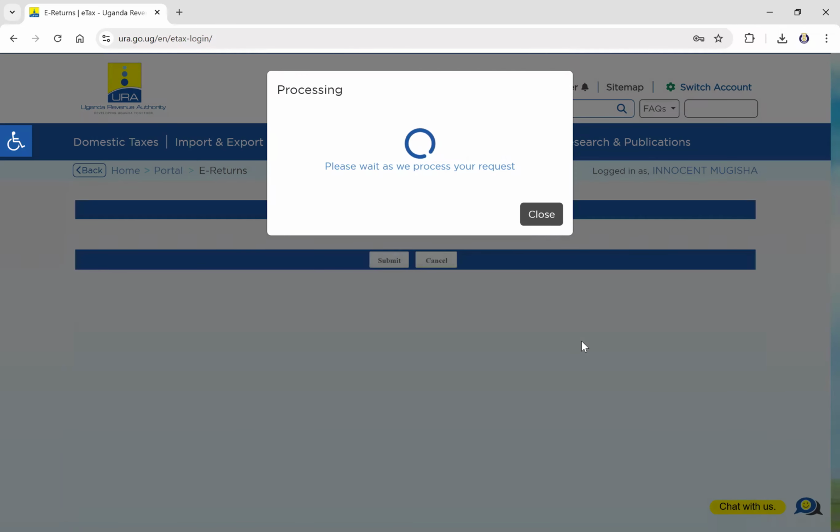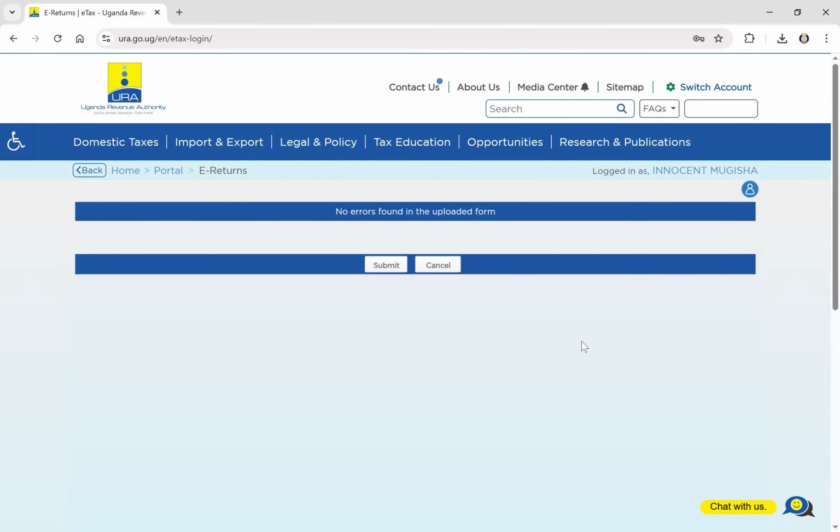And what should I say? Congratulations, you have been able to file the payee return to the live account. So let us read this message. What's the message saying? The message is saying no errors found in the uploaded form. Good. So we have not encountered any errors, no mistakes, because we know exactly what is